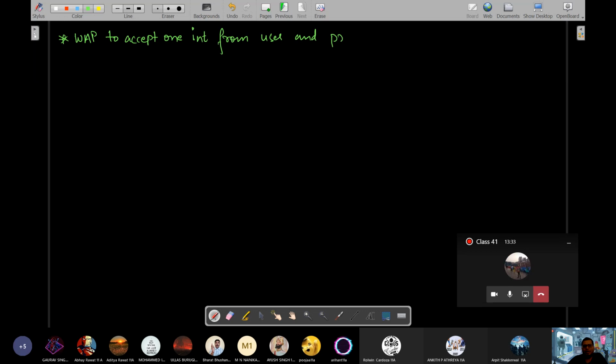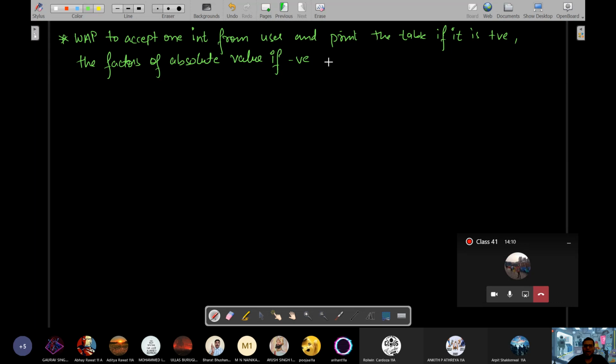and print the table if it is positive. The factors of absolute value if negative, and what was the third case?